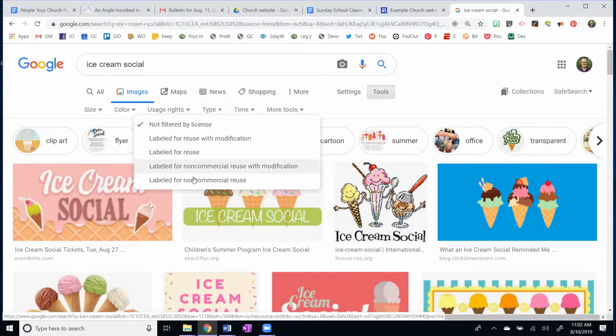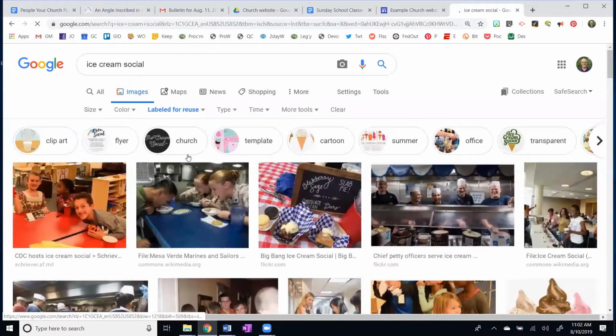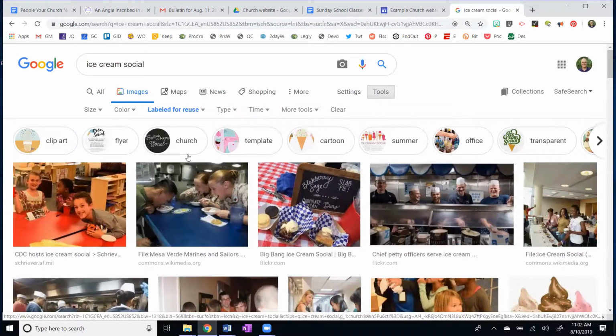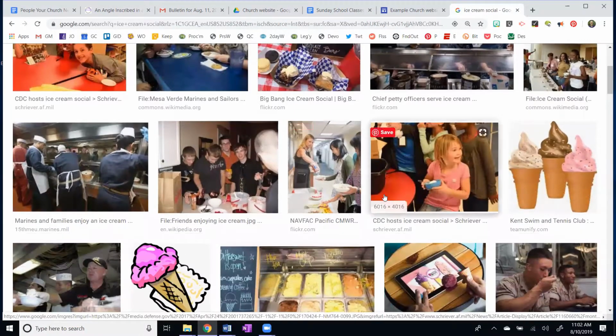Okay. Labeled for non-commercial reuse. Now, the subtle differences between these, you'll have to read more about that. I'm going to just put labeled for reuse. So these have been put out there free of charge. So I could use this one right here if I wanted to.